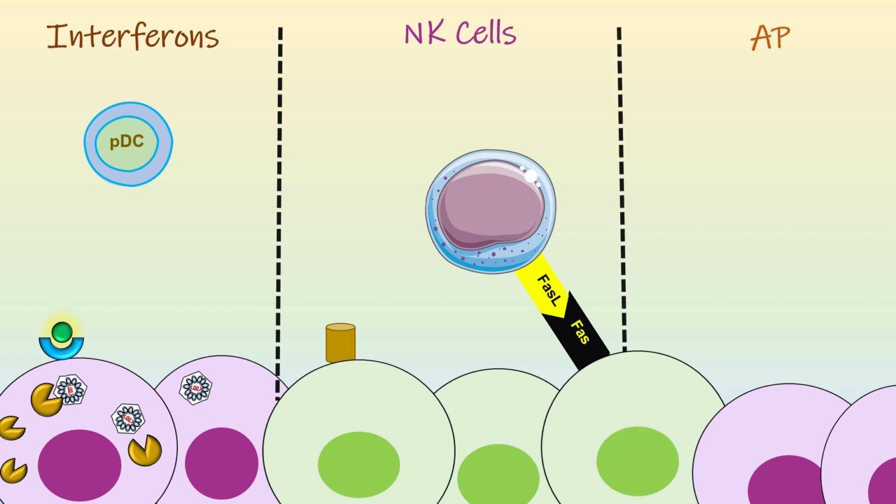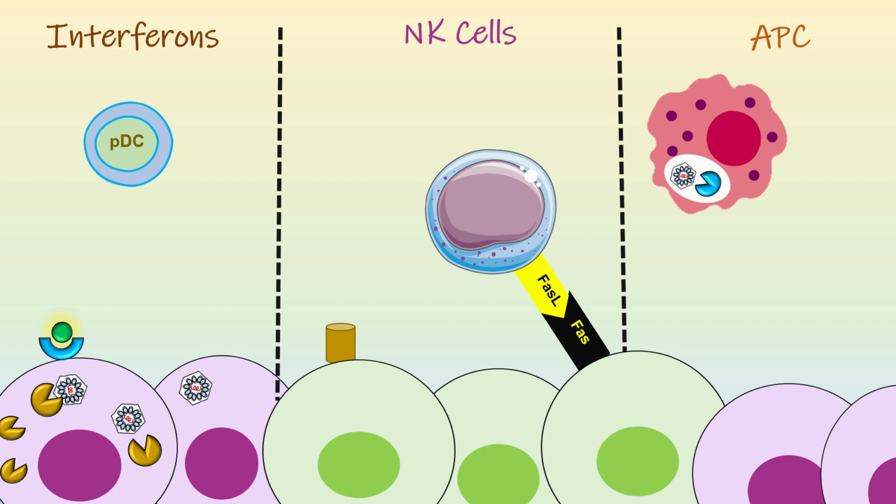Third are the antigen-presenting cells, such as macrophages and dendritic cells. Macrophages ingest free viruses through phagocytosis. The macrophage engulfs the virus, and then lysosomes digest the virus, and it is removed from the macrophage as waste material. As the macrophage is an antigen-presenting cell, it presents antigen on its